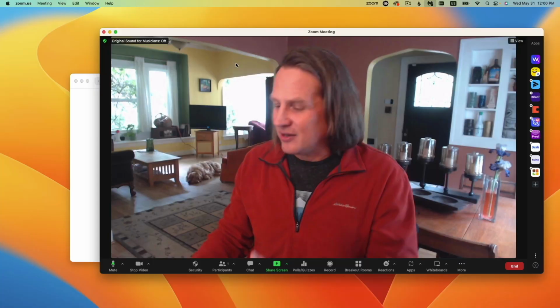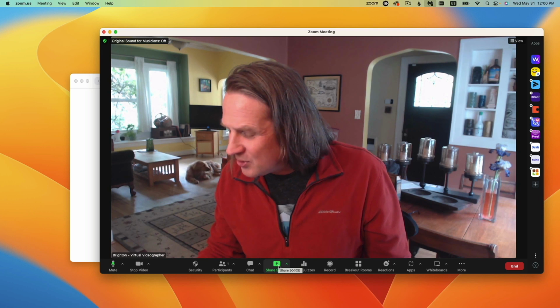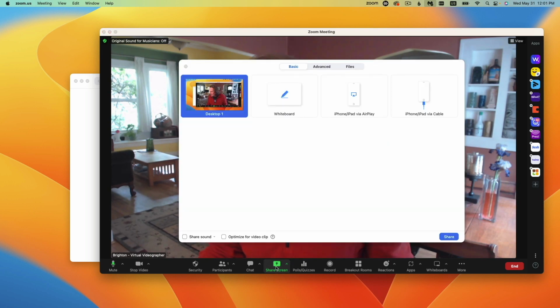Now, of course, you can look over here and say, okay, well, I need to push the share button. So I'll click over here and it pulls up the share button. That's fine. If it's fine for you to look away and do those things, this is a great setup because it's nice and big. But if you need to be able to have the screen not be mirrored, so you can continue making eye contact with your audience as you use your mouse, as you get to things, as you pull up PowerPoint, things like that, then you need to go to option B,